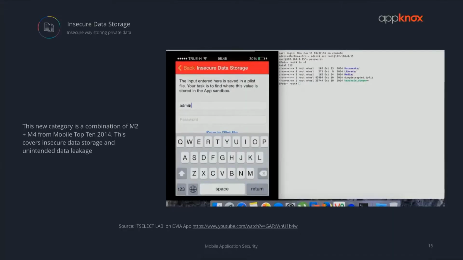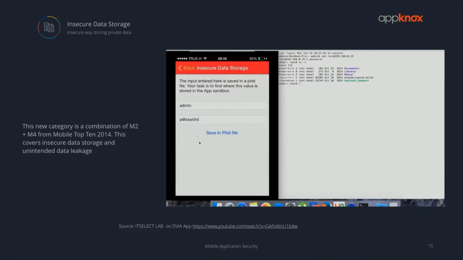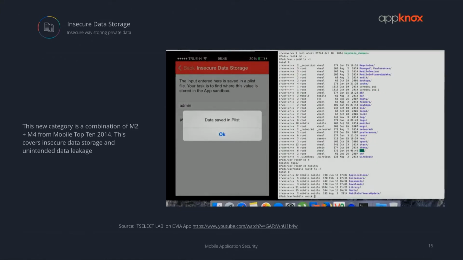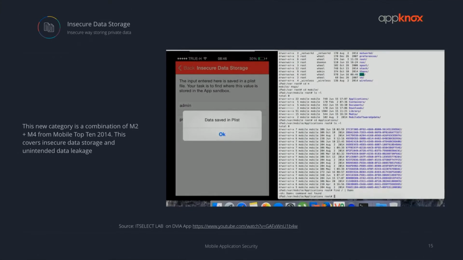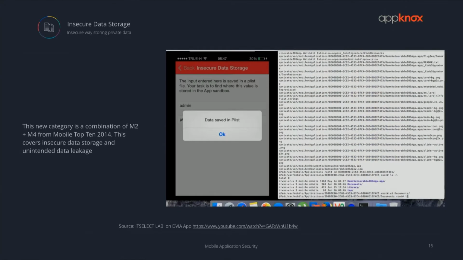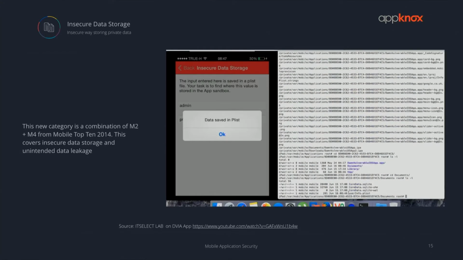So as you are typing in the app, admin and password probably like this, and you save it. Now, all this guy is going to do is go inside the application folder, and this folder is accessible. You do not need a jailbreak or a rooted device for that, but he has a jailbroken device. He's just showing it. So as you can see,